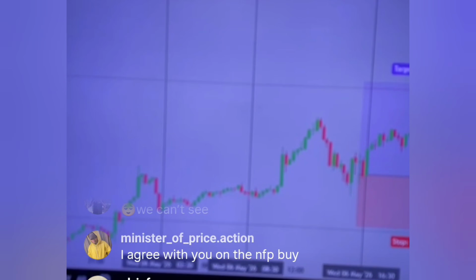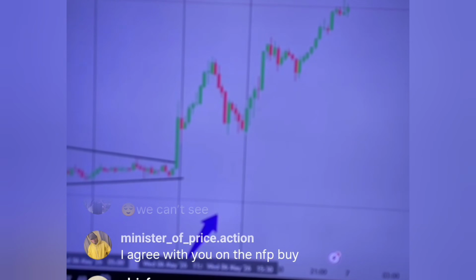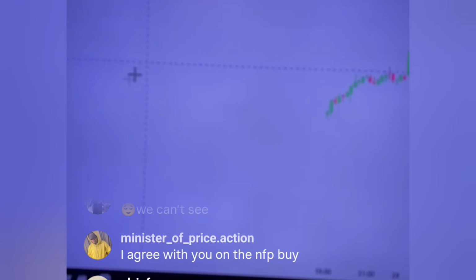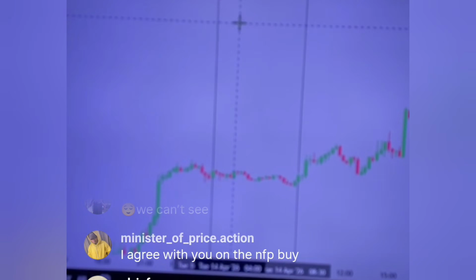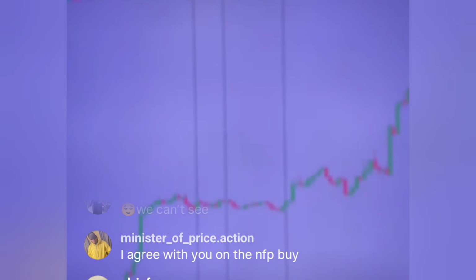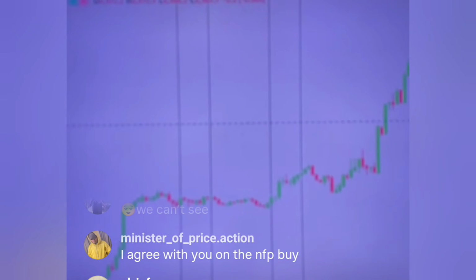Let me do another one on US 500. I owe you guys a market breakdown because you guys have been so supportive in my trading journey. Just one market breakdown a month is not going to kill you guys. So this was 14 April. This is US 500, guys. It's not NASDAQ. You see? What is US 500? It's the same as NASDAQ, just that it's different. It's the 500 best stocks in the US. It doesn't move the same as NASDAQ, but sometimes it does.